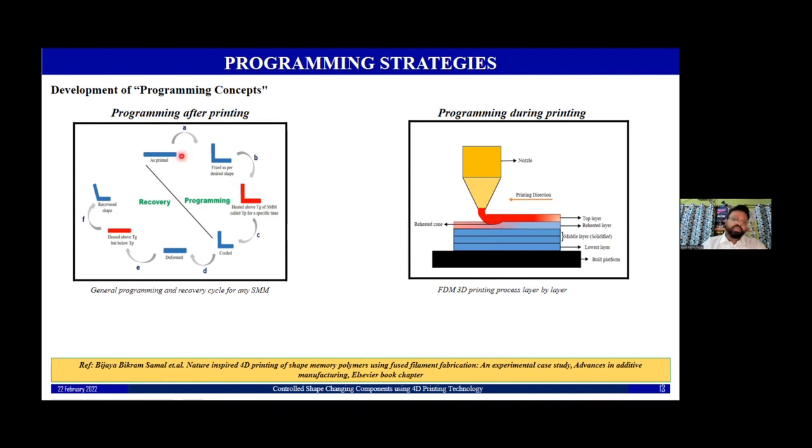But the beauty of the FDM 3D printing process is that this process gets done automatically during printing. Here we can see the as-printed part, and we are fixing it using some fixture. Here we have the build platform onto which the hot polymeric material is deposited, and it is also controlled by the G-code. So this fixing part is done automatically during the FDM 3D printing process. And this heating above the Tg is also done automatically, because we have a heater through which the polymer